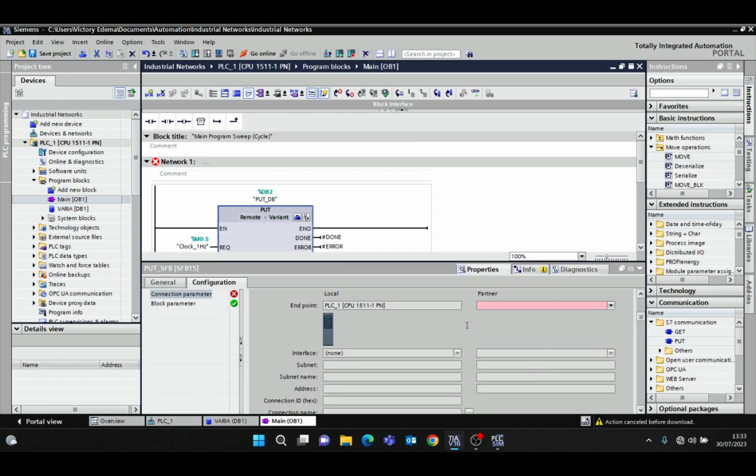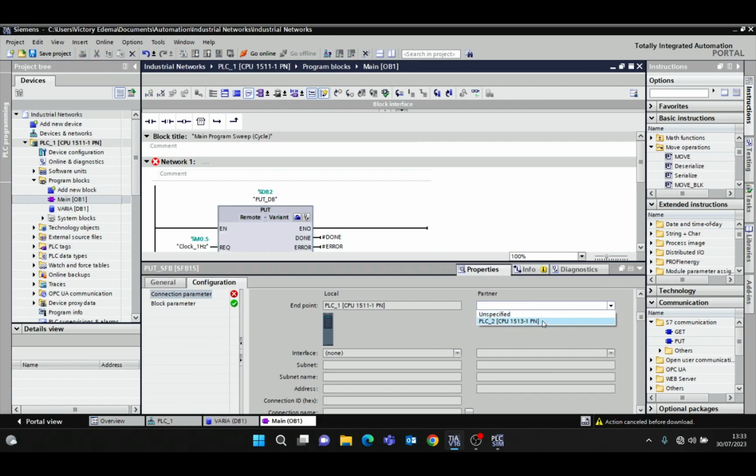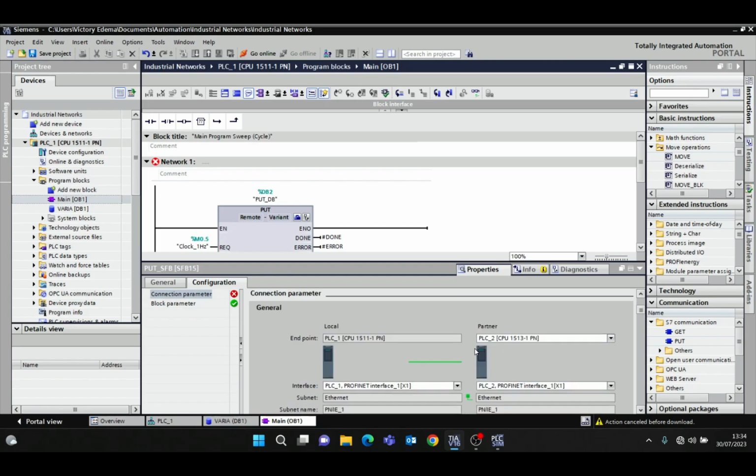So now for these, you have unspecified and you have PLC2s. Because my two PLCs are in the same project, I could just pick this. But if, for example, two PLCs are in different projects, maybe different OEMs did the installation, I'm going to go with unspecified. Unspecified is for when they are in two different TIA projects or Siemens manager projects. So I can use unspecified where I'll input only the IP address. But since they're in the same project, I could just choose PLC2 and then everything is going to pop up,